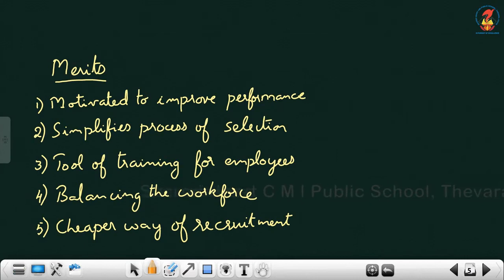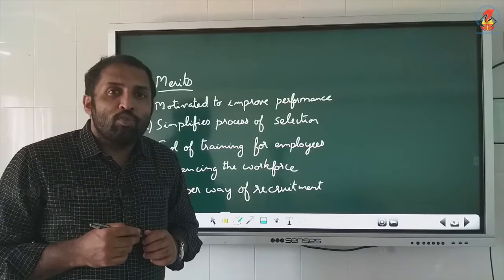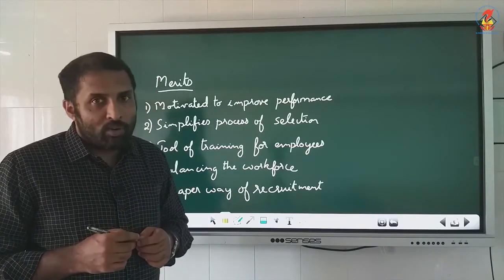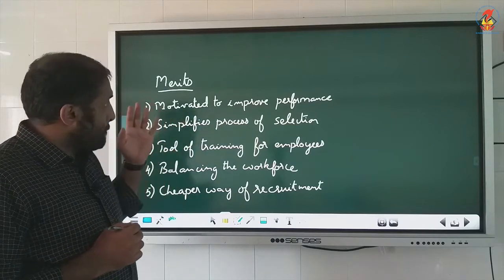So in that way, if we are looking, monetary advantages are also there. It is a cheaper way of finding out persons whom we require and getting them to be there for the job. So we need not spend too much money. So it can be considered as a cheaper source of recruitment. So these are the merits of